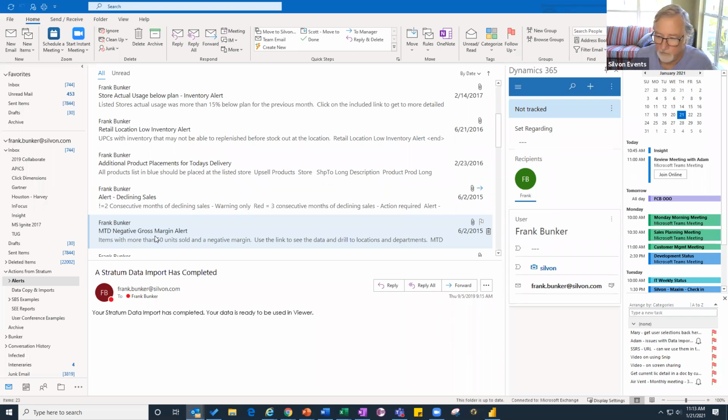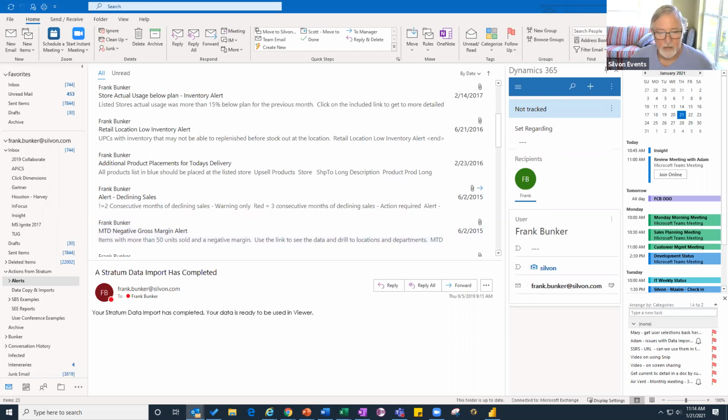So again, Viewer, as you know it today, and your interaction with views and how you take advantage of those is really critical in the Access Hub as we think about how we're going to get data to people. Whether it's a report, which is a report packet that we broadcast out as a group of views, or an alert, which is a view that picks off, through a set of business rules, very specific events that you want to alert people about, short on inventory, negative gross margin, things like that. And those are all things you can do